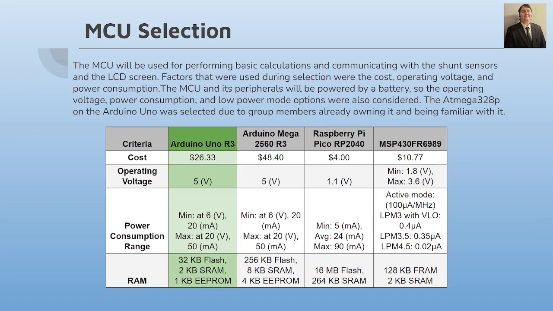This project is more hardware focused, and only basic functions and calculations will be handled by the MCU. So the bit count, the memory, and the clock frequency are less important as a result. The MCU and its peripherals will be powered by a battery, so the operating voltage, power consumption, and low power modes were all considered. Group members were already familiar with and owned the Arduino Uno and the MSP430 models, so